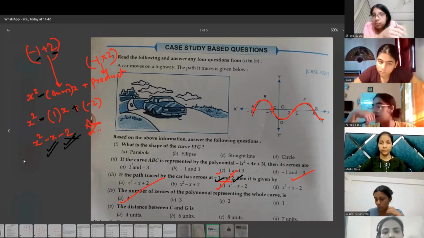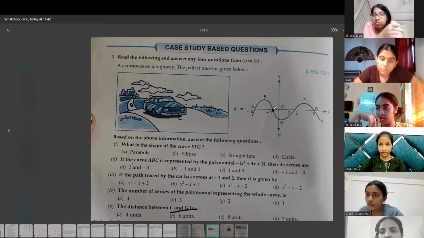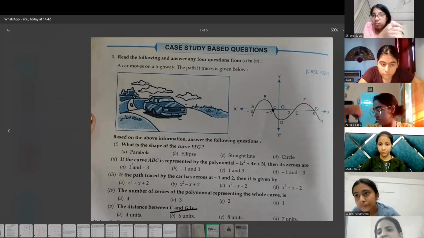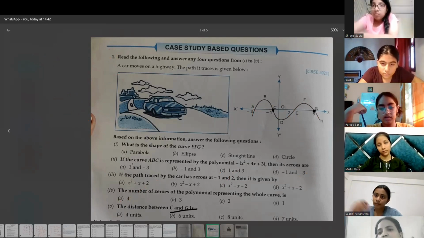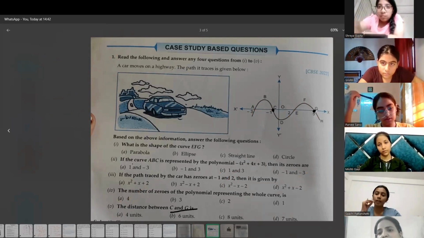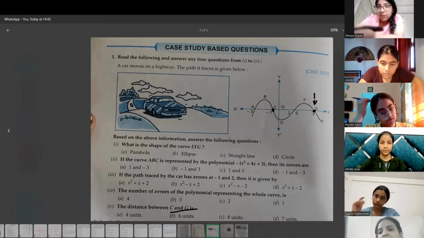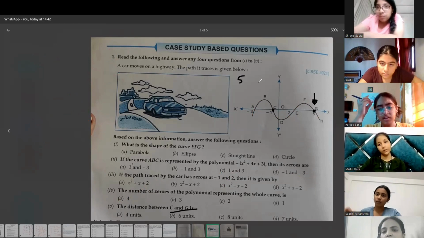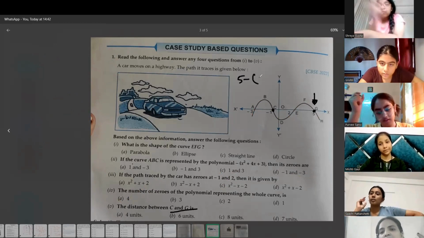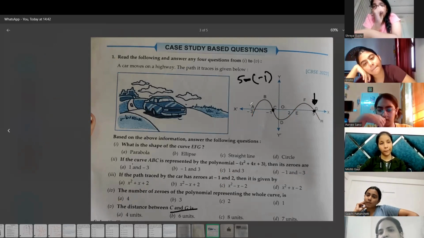Okay. The distance between C and G is, so this is C here and this is G. What is the distance? Such a silly thing. How do you find distance between two things? Look at it like a number line. 4 units, always units. On the right is a bigger thing. Always on the right is a bigger thing. So from the bigger quantity, you subtract the lower one to find the difference. So 5 plus 1, or 6.